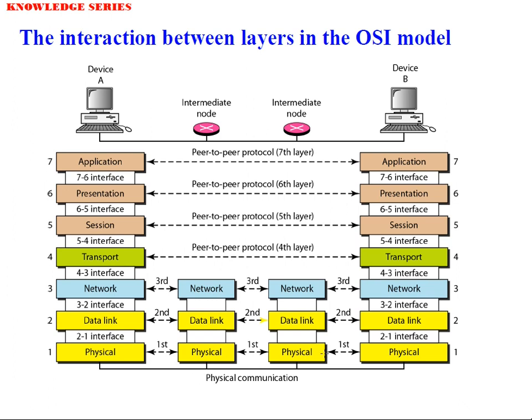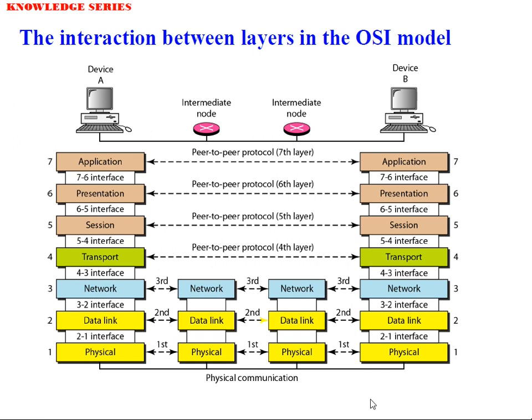Here come the three layers. It is being shown: physical layer, data link layer, network layer. That is at the intermediate point. Here also at the intermediate points, the physical layer, data link layer, and network layer come. The other layers are not needed because the data is already converted and is only being transmitted through this intermediate node. Say a router is there, that's why the network layer comes. The data is passing through it, so that's why the data link layer is there, and it is passing through a connectivity, that's why the physical layer is there. That's how these three layers are shown across this.